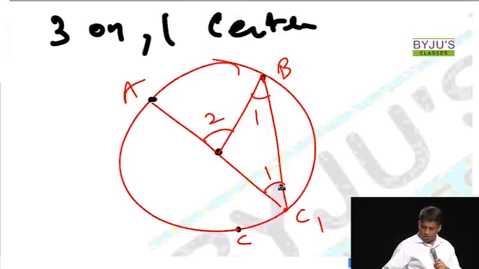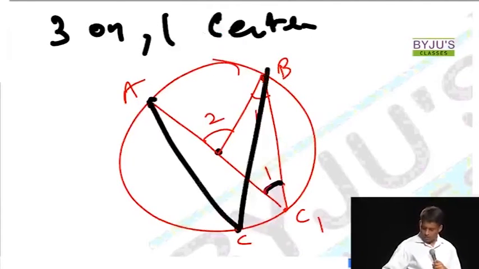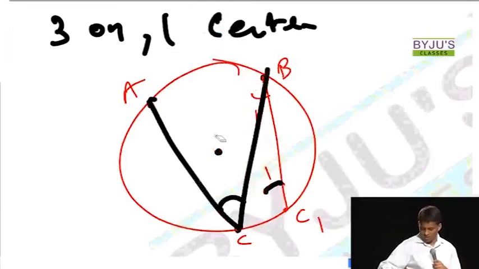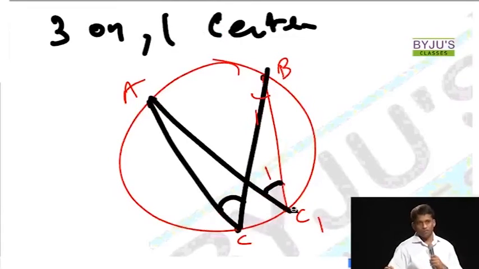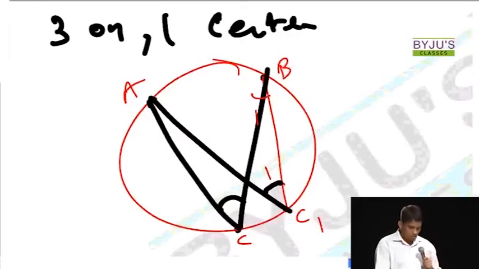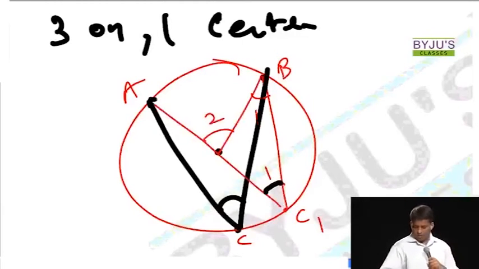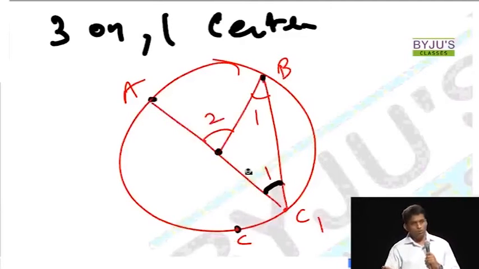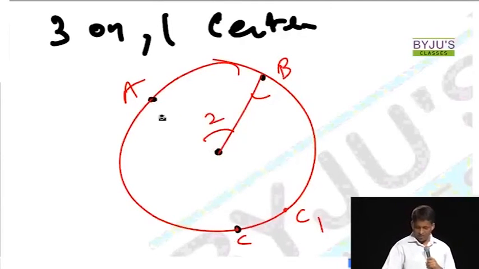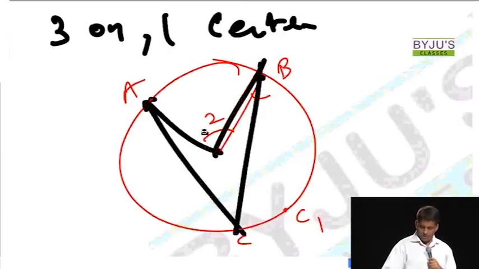Now the best part is this. The only question is the C1, this A, C1, B, and these two are anyway equal, right? That we know. That is the previous property where we considered the 4 on the circle. So 4 on the circle can be directly related to 3 on the circle and 1 inside by connecting this. So this is 2 by 1. And while learning the property anyway, we normally take the diagram like this, 2 by 1.